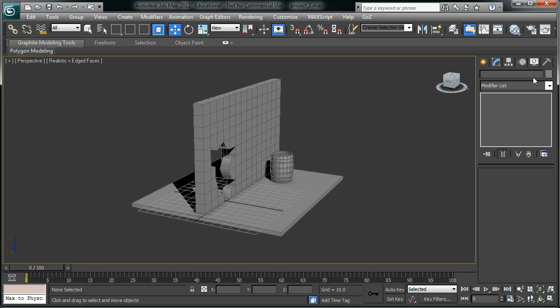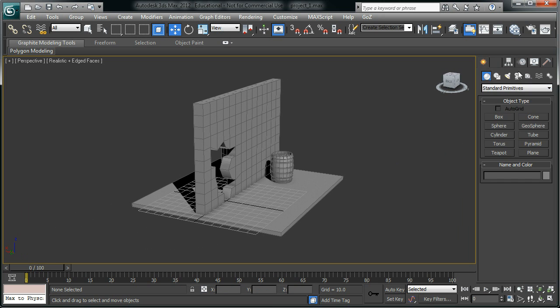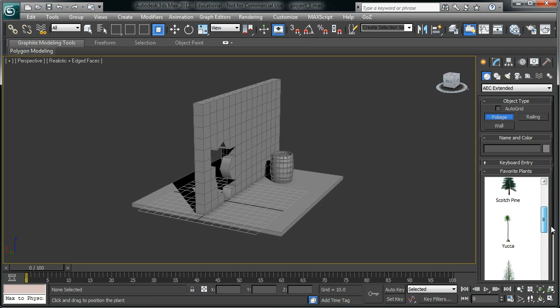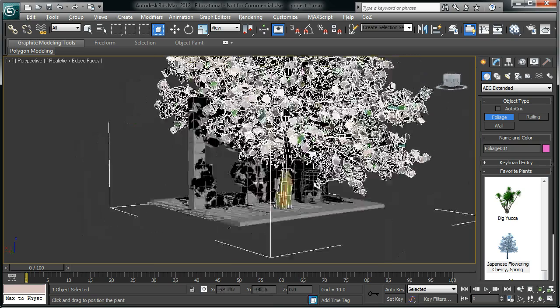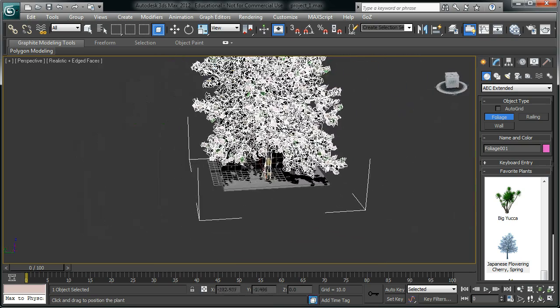Then I want to create the tree which is outside. That's the easiest thing that you could do. Go to the create panel. Okay, this is the create panel. At the moment we created the standard primitives. We want to go to the AEC extended, create the foliage. Select any of the foliage in here. Okay, I'm going to get this one. Don't worry about the size right now. We can modify